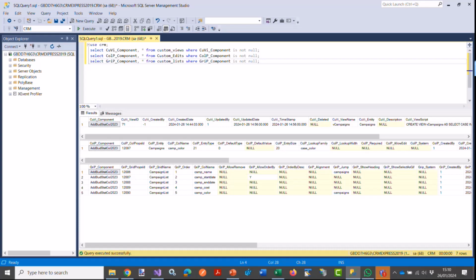In these 3 particular tables, custom views, custom edits, and custom lists, you can see that they all have a column named differently: CUVI underscore component, COLP underscore component, and GRIP underscore component. So these are all uniquely named, but they're all doing the same job, which is recording which component has made a change to the